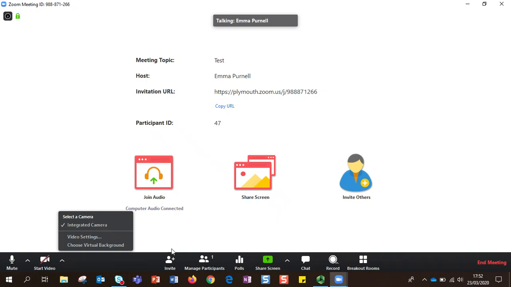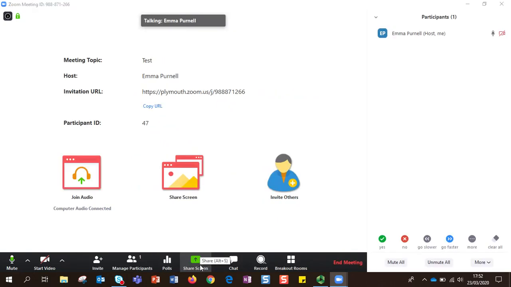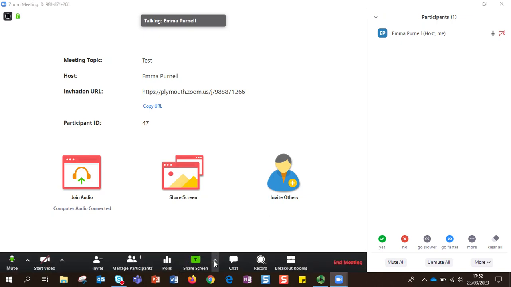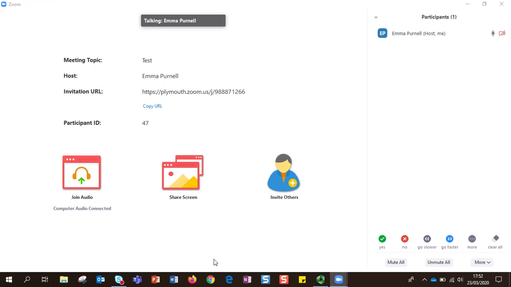And then over here you've got, we'll come back to invite, but you've got the participants list. Obviously at the moment it's just me. You've got the option to do polls that may be pre-defined, or you can create one on the go. Your share screen option, I'll show you the controls once we do share screen in a moment, but next to